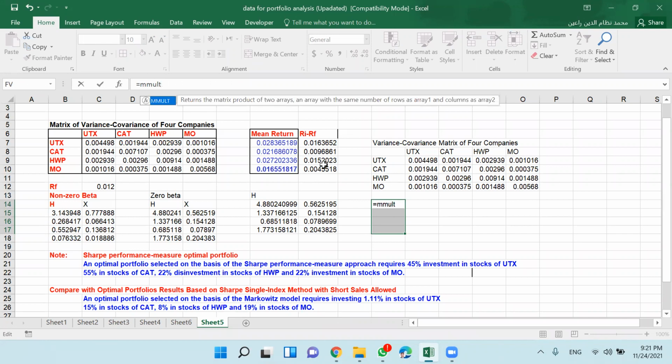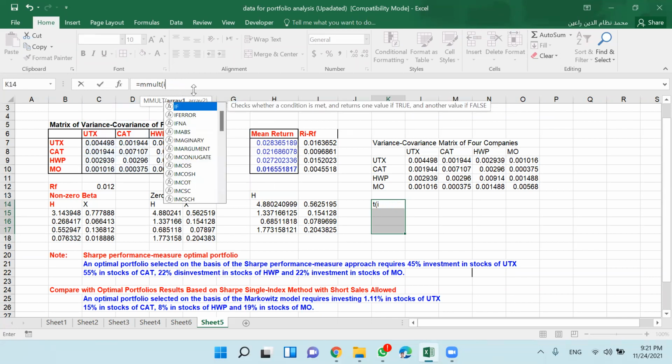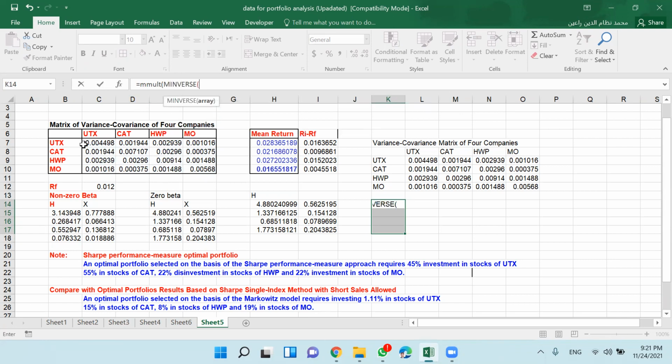And we take the inverse of this matrix and put the inverse command, matrix inverse, and then give the values of the variance covariance matrix, close parenthesis, put the comma, and then select this value, the column vector of return, which is, you can say, excess return, okay?